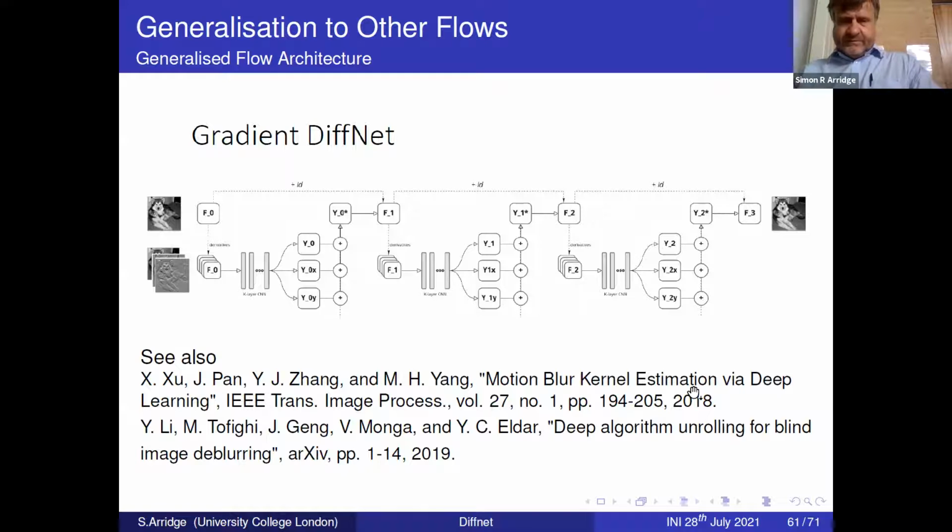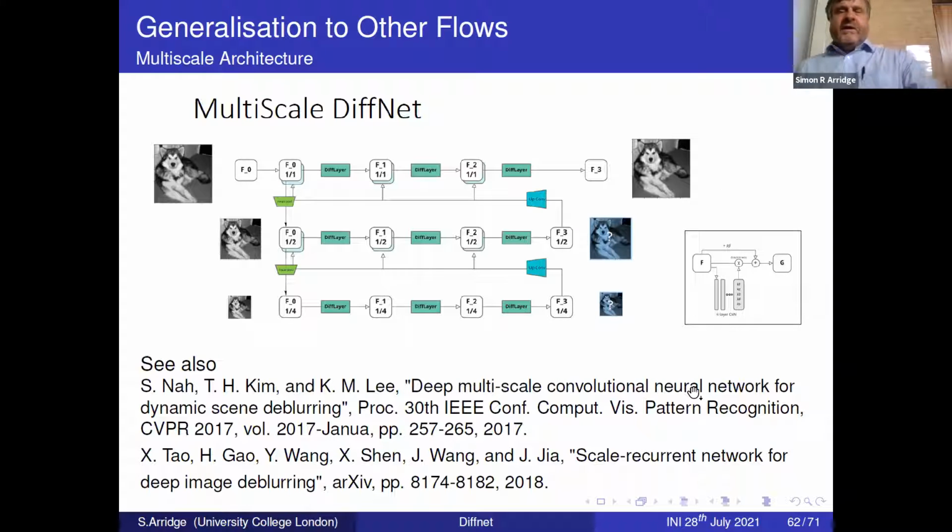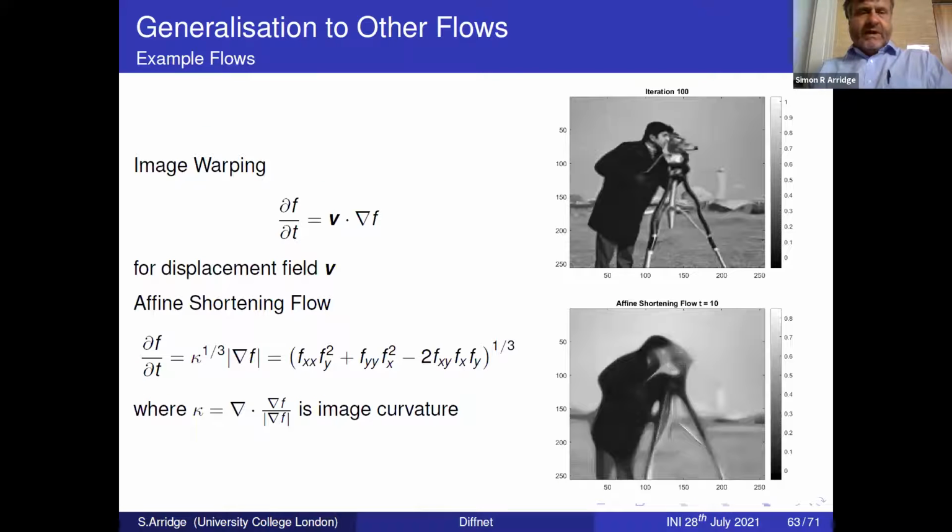Also, we considered how to achieve a multi-scale aspect by, as well as producing the image derivatives, producing the downsampled versions, learning the coefficients at each of those downscales and adding them back into the diffusion process. So, two examples of trying to use that.